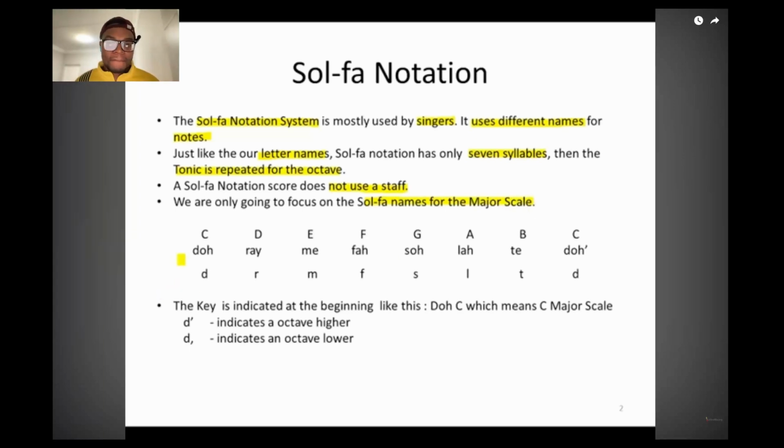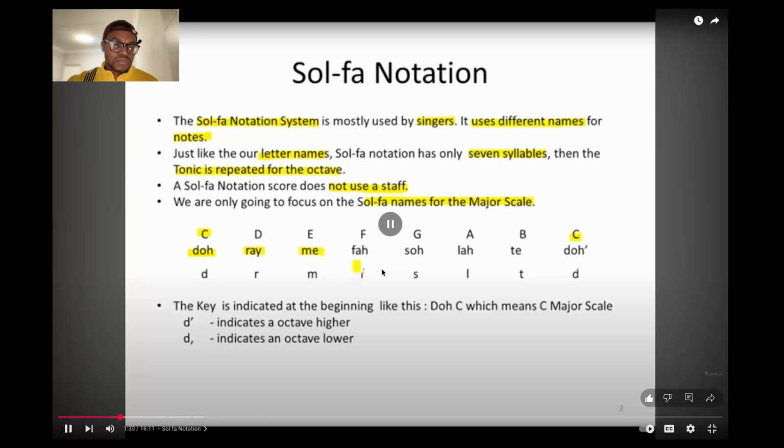When we have a C major scale, for instance, from C until C, then the tonic will be Do, then the supertonic will be Re, the mediant will be Mi, the sub